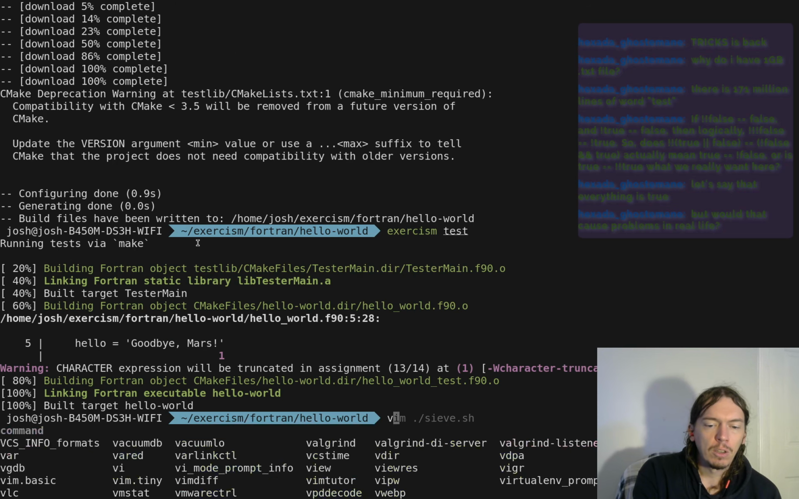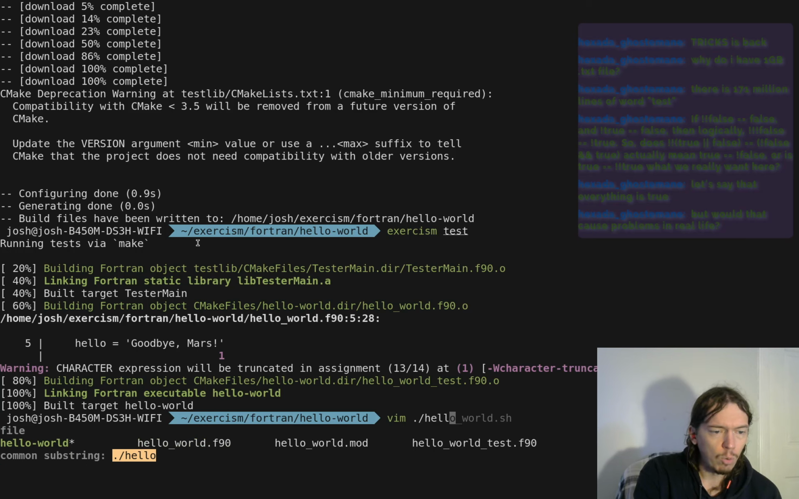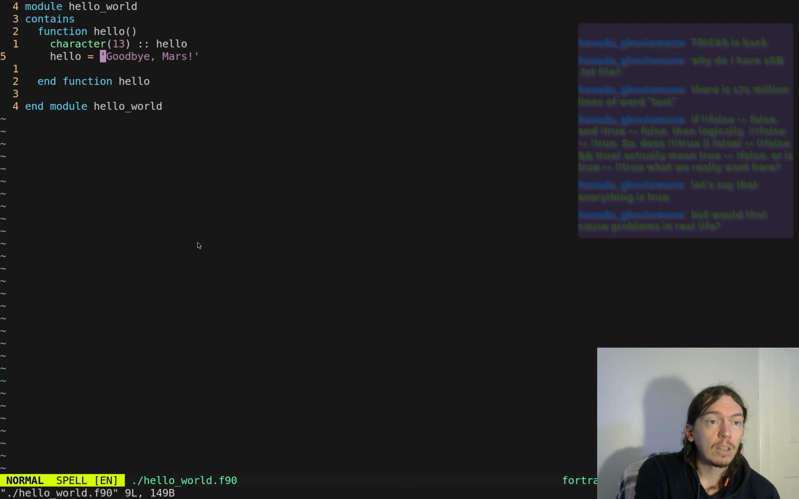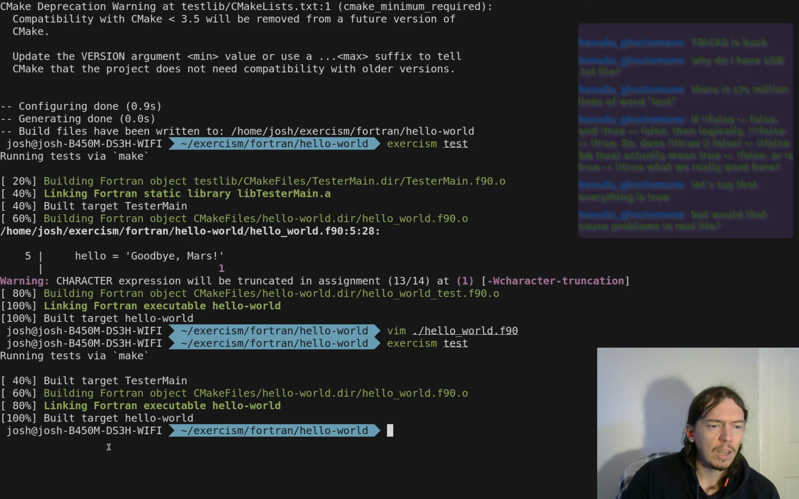All right. So now let's go into our Fortran file, which is what? hello_world.f90. Okay, nice. So if we run the test again, we say built target hello_world. And so it doesn't, so there's no,